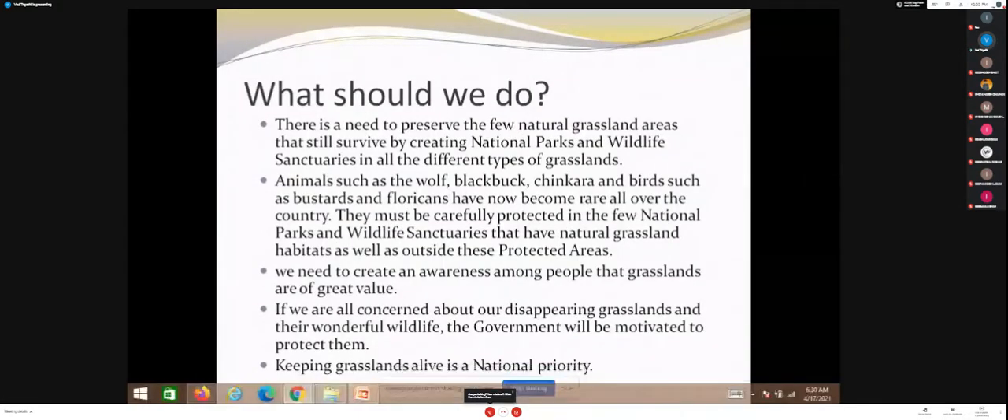okay, so what should we do to conserve the grassland ecosystems? Again, we should include them as a part of national parks and wildlife sanctuaries, support the animals and plants which are found in these grassland ecosystems. Okay, create awareness among people. Okay, and